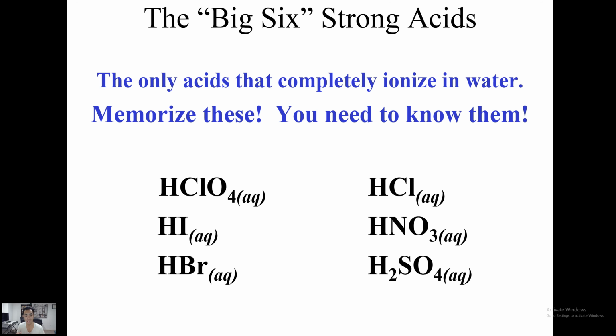So these are going to be the ones that ionize, so you need to memorize them. So HClO4, HI, HBr, HCl, HNO3, and H2SO4. Now remember that these are all in the halogen family. So I like to look at it as group 17 acids, and basically your polyatomics, which are sulfates, and your